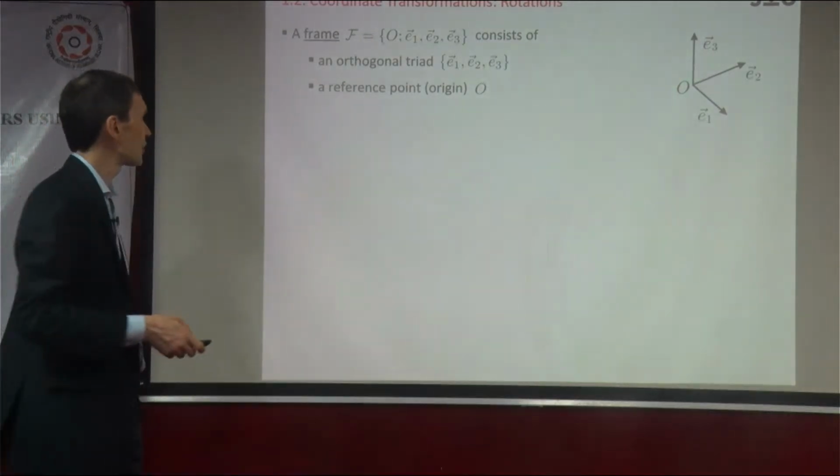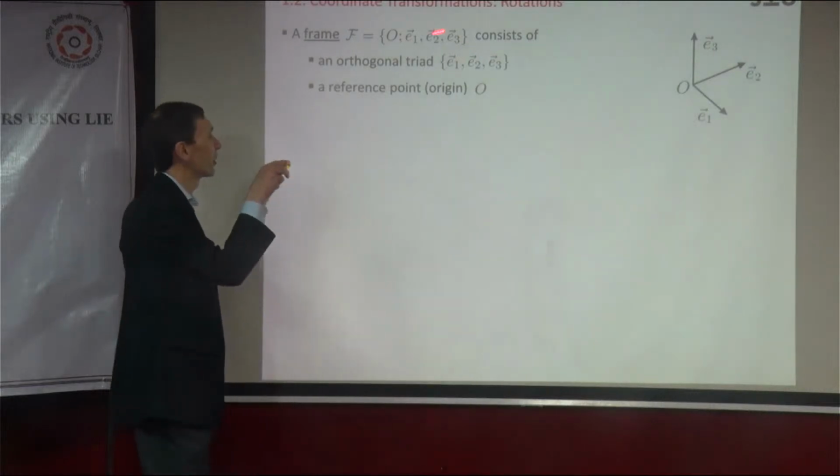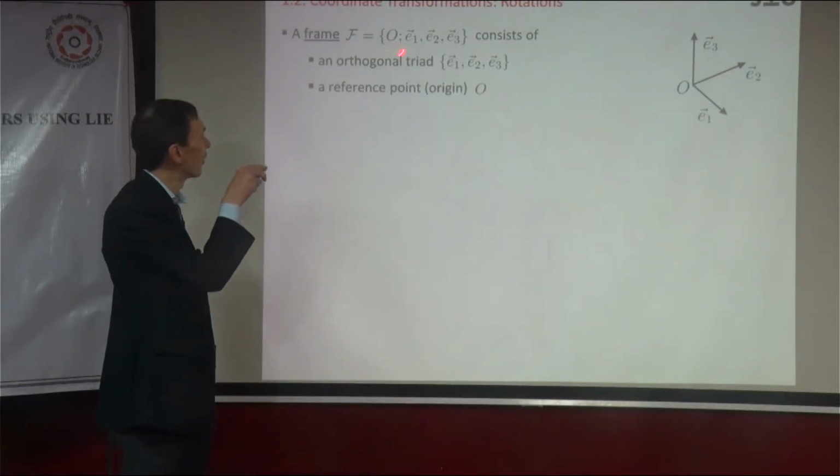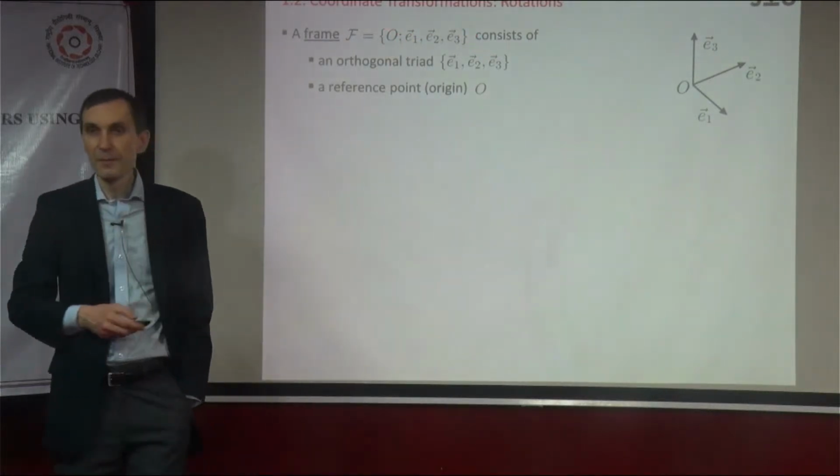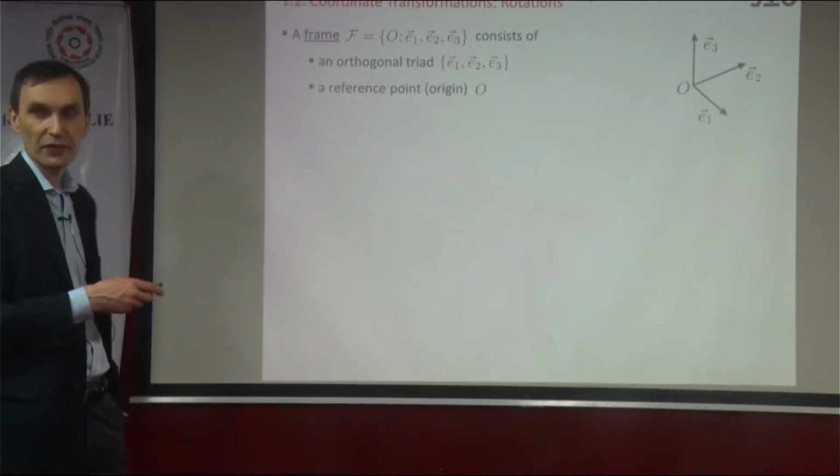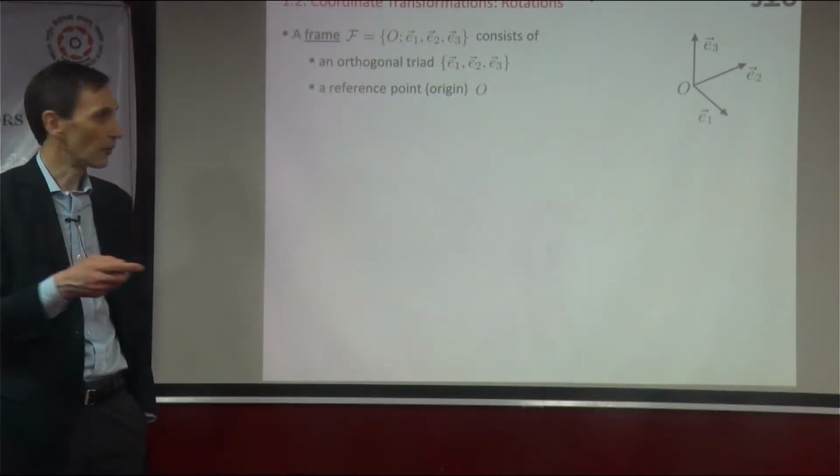Okay. So essentially, a frame consists of 4 elements, like the 3 vectors plus a point in space. And just to remember, a point is not a vector. A point is a point, right? So anyway,